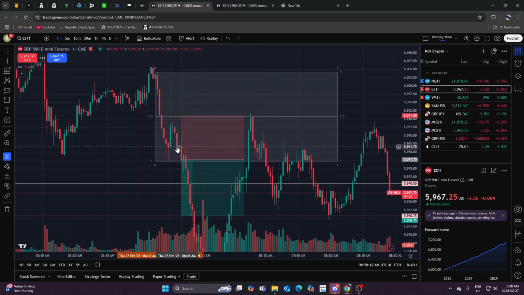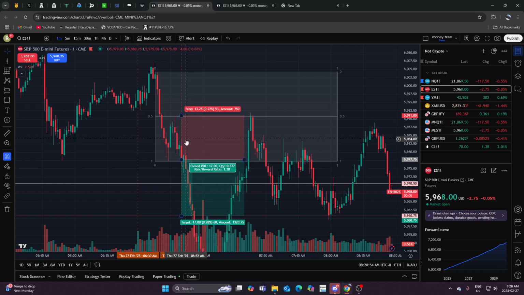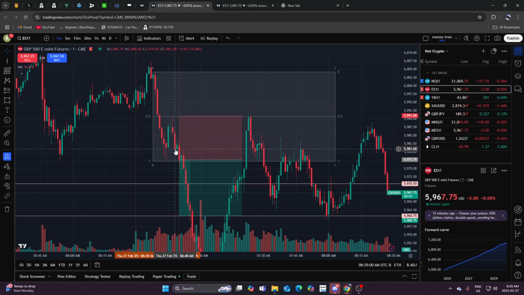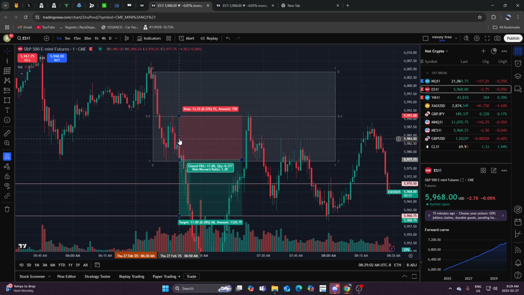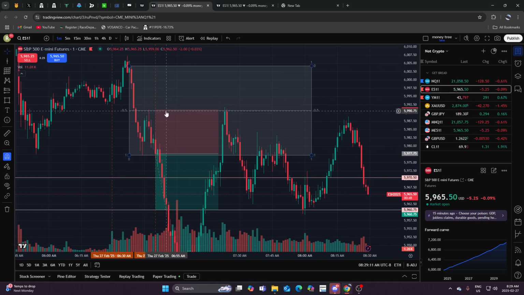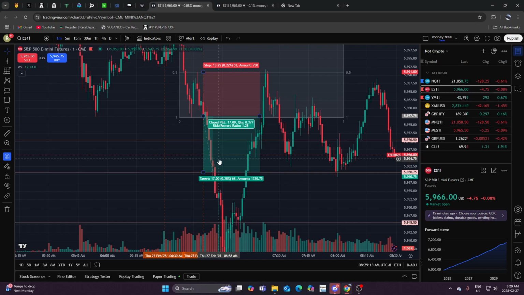And it still wasn't quite the macro yet. So I was ready to go short here, but like I said, I usually wait for the macro. So we invalidate this 1 minute fair value gap, giving me more bearish bias, and then we come up and then test this bearish fair value gap and then closure out of that right when the macro happened. So that was where I went short with my stops above here,